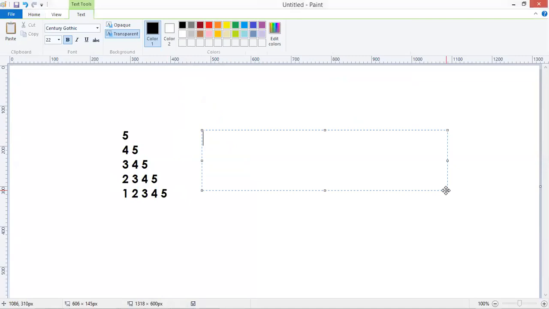So the outer loop we have to repeat. I value starts with 5: 5, 4, 3, 2, 1. So decreasing order, right? Decreasing order, 5 to 1. Now look at the J value.